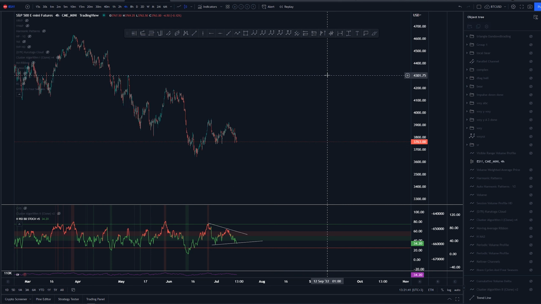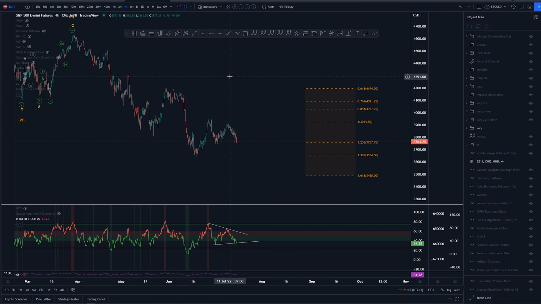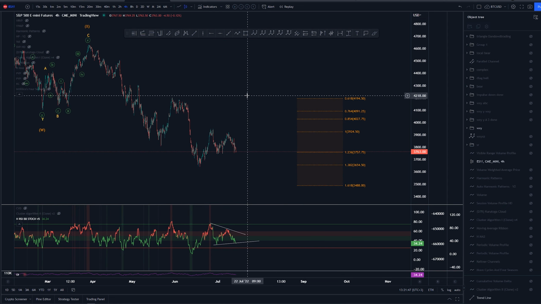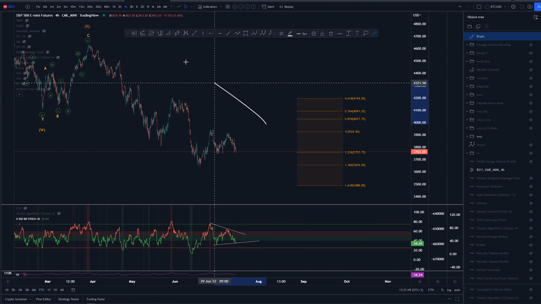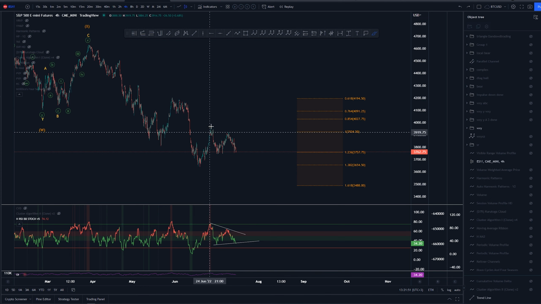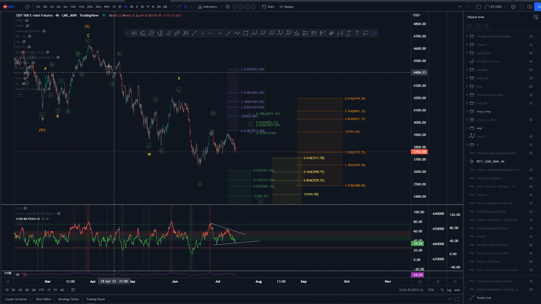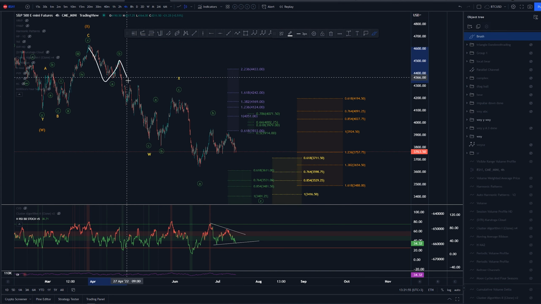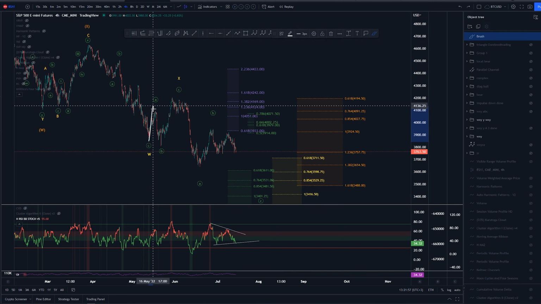Starting here on 4-hour time frame again, starting with this WXY on higher time frame. Again, today we are just going to be looking at this possible wave Y here that is going down, and my main scenario of which is this ABC here into W, ABC into X, and then looking for another A,